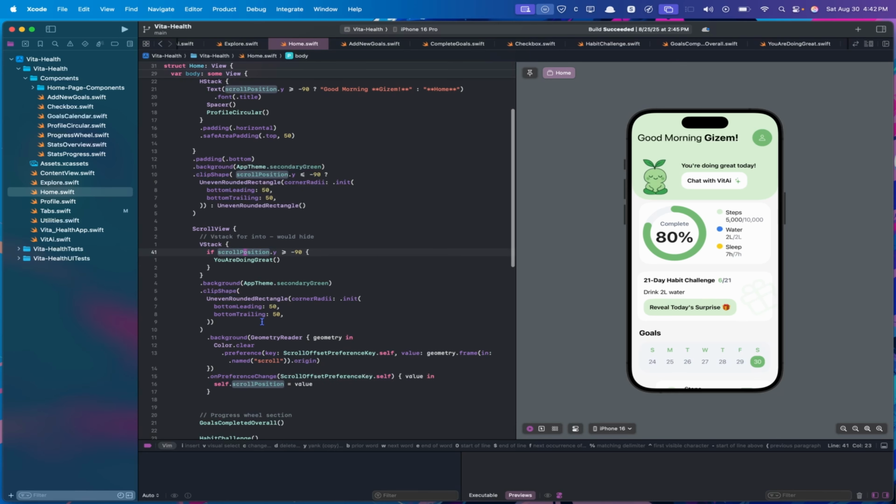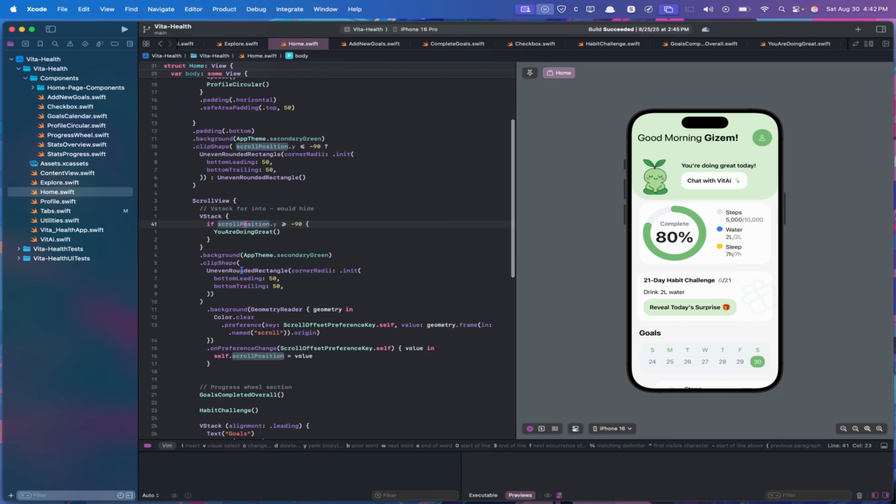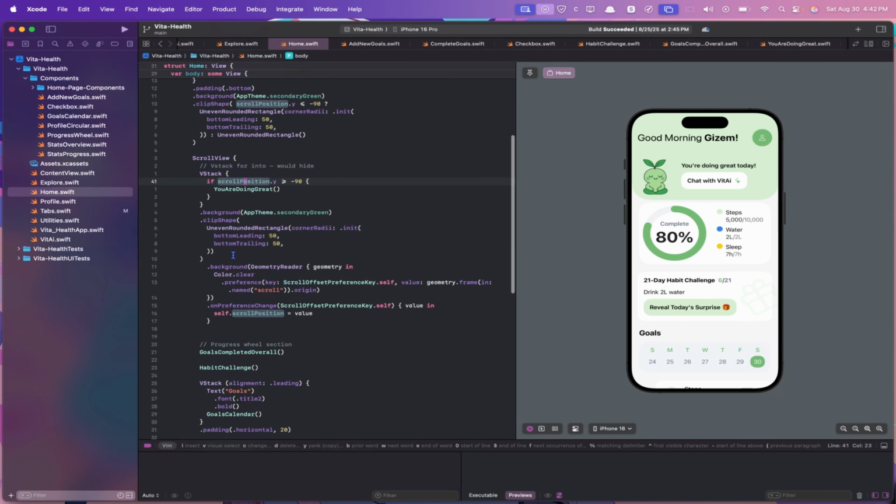There's something here called geo. Did I use geo? One moment. Yes, geometry reader. So you put the geometry reader on the stack you want to track its position. But now I'm using it almost like an overlay, but just as a background. So geometry reader is on this